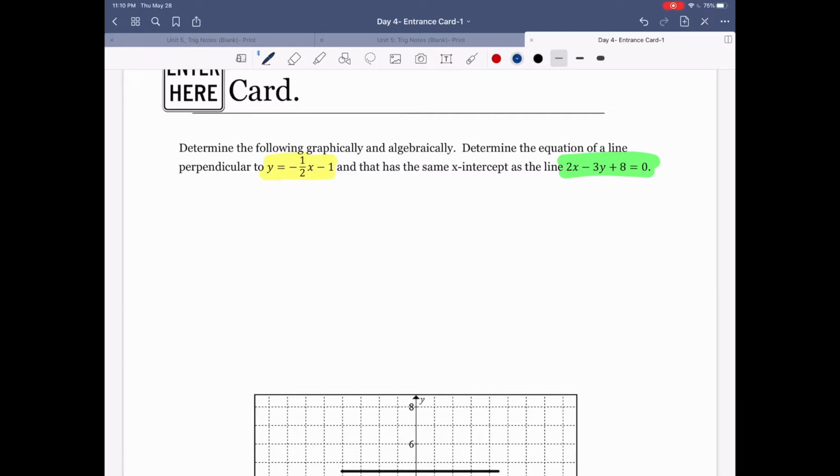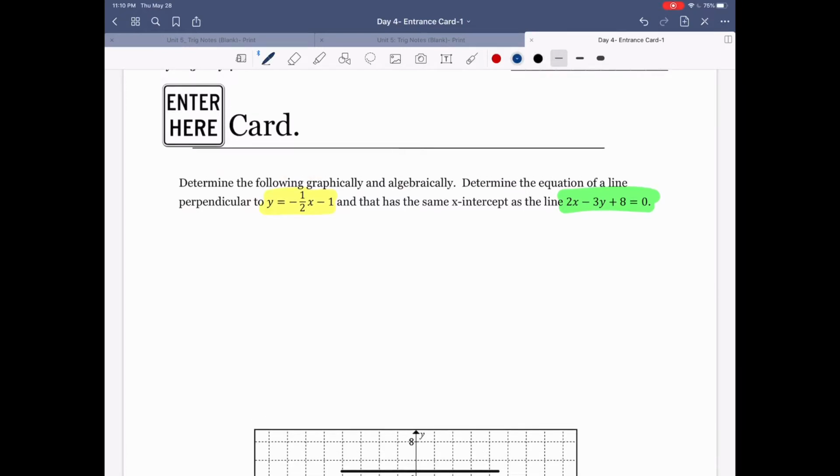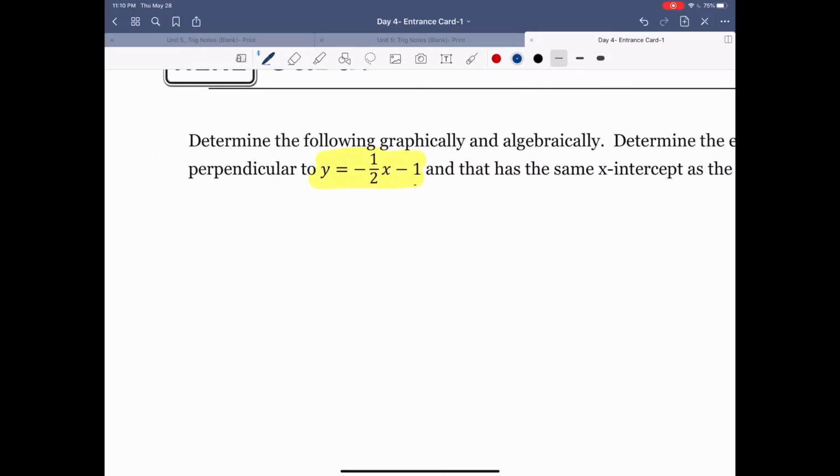So let's try this question. Determine the following graphically and algebraically. Determine the equation of a line perpendicular to the following that has the same x-intercept as a line. Okay, so first part, if I have this equation, I can say my original equation has a slope of